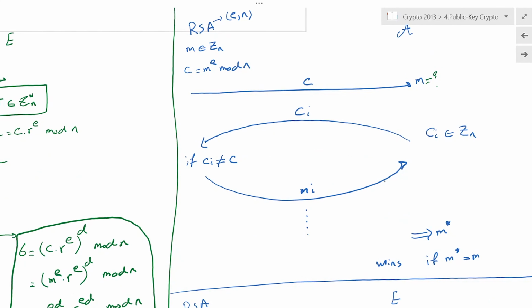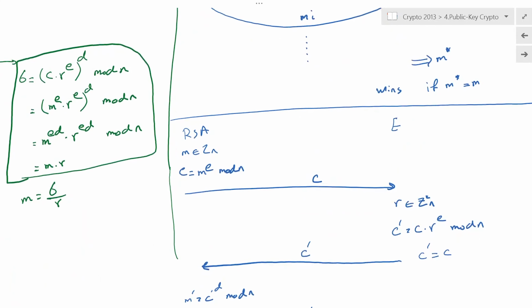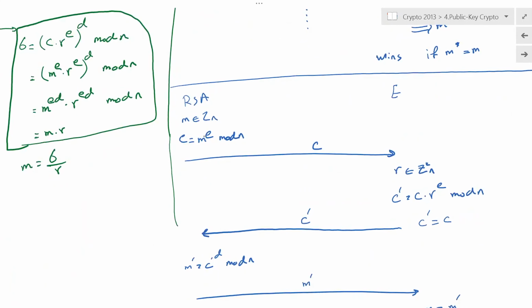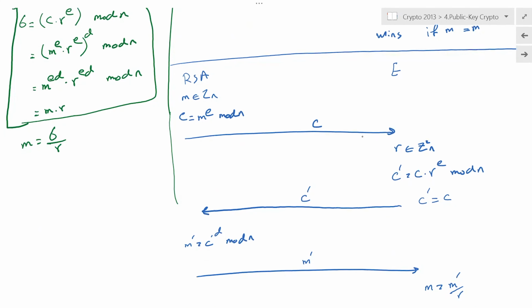And then at the end, the adversary would probably craft some specific queries so that it would help him to reveal the message. At the end, the adversary would answer and say that the answer to this challenge C is M star, and he would win if M star equals M. For the case of RSA, we've seen that we set up the adversary in the same way. We just call him Eve, and then we said that it is very easy to attack RSA.